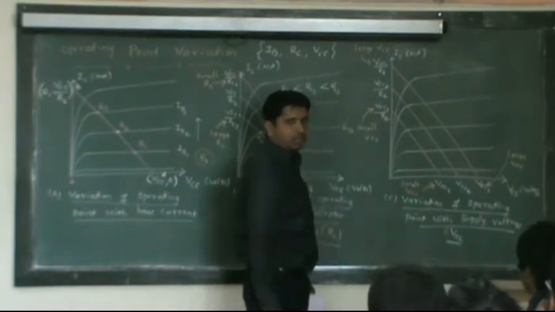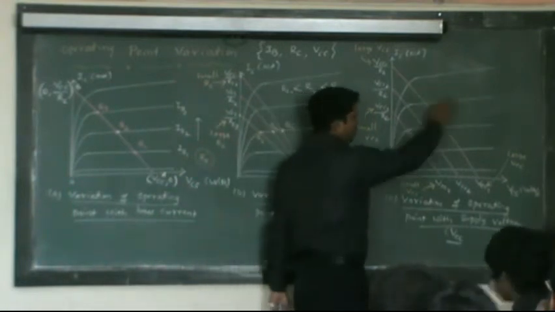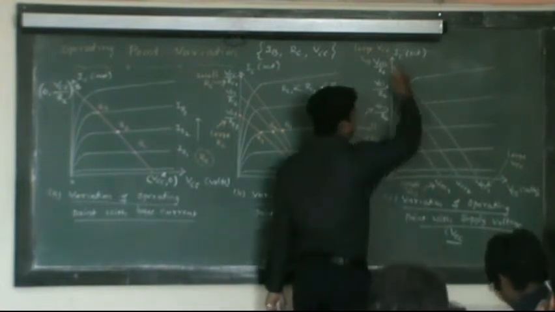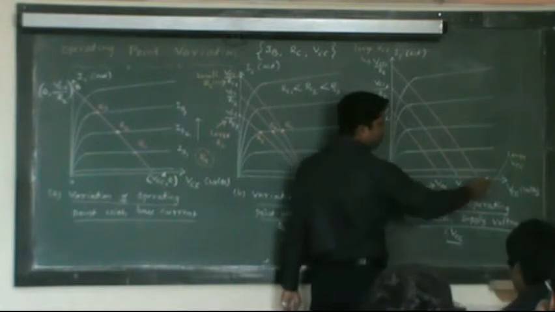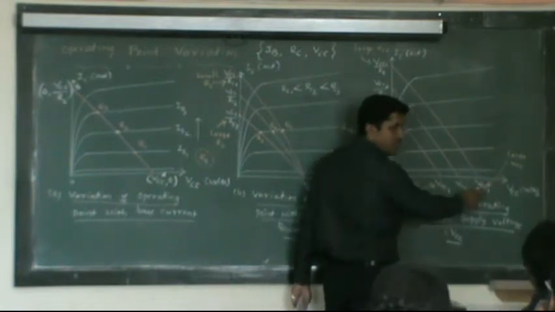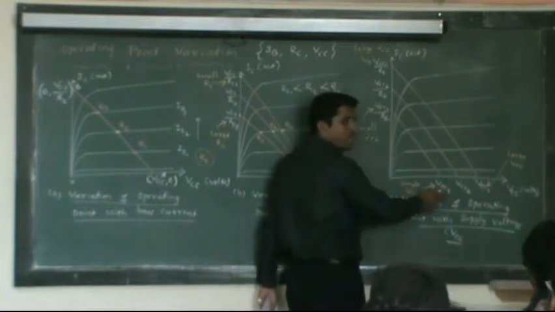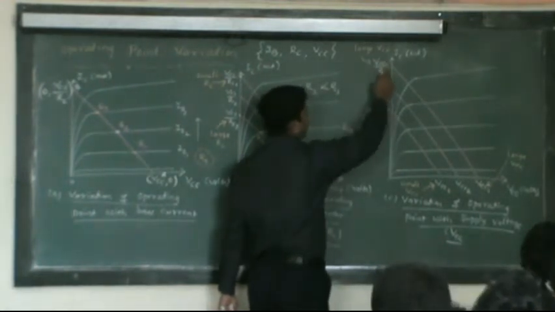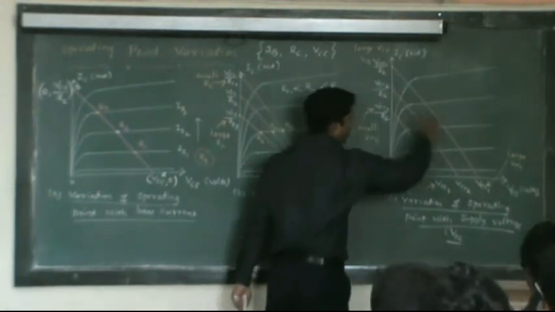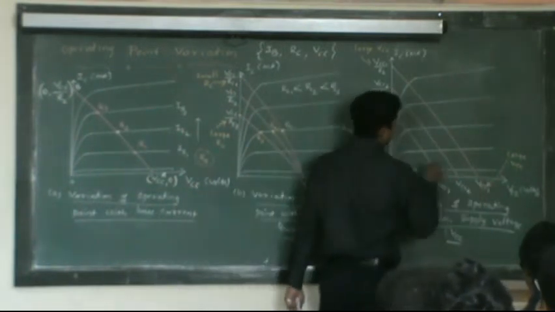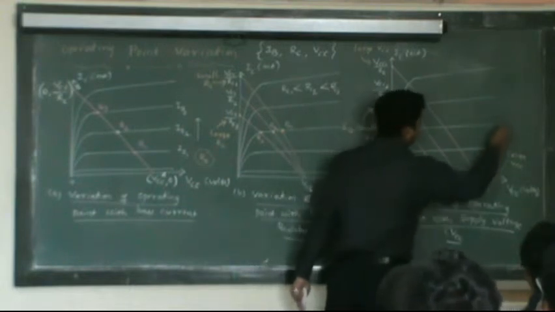Look at the third characteristics, the output characteristics with AC load lines superimposed on them. These are nothing but load lines. You can see the different values of VCC: large VCC, which we take as VCC1, and smaller VCC, which we call here VCC3. Look at similar things on the y-axis, VCC1 over RC. This point is the extreme, and the outer load line goes out here. Now suppose I again fix the base current.